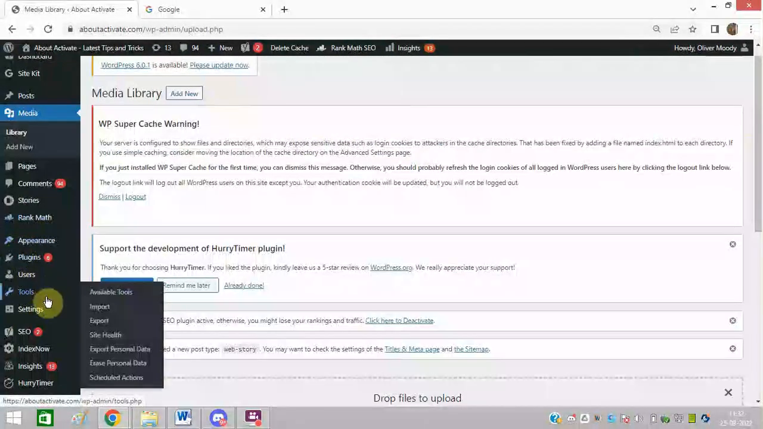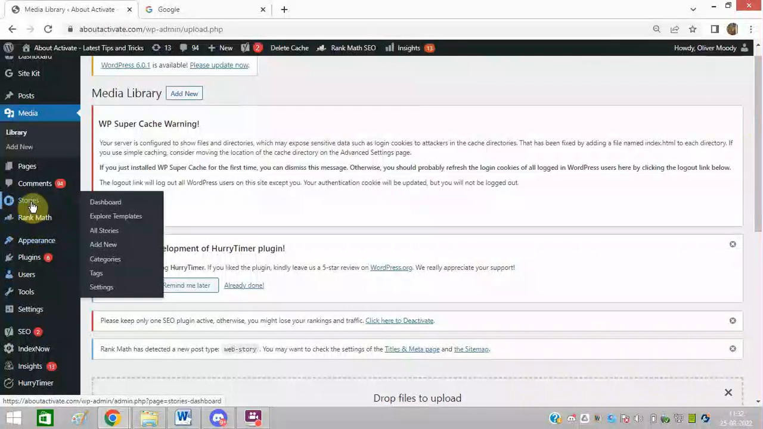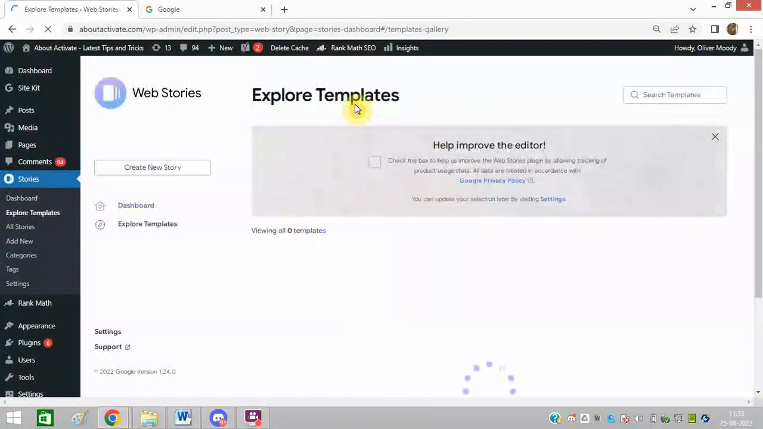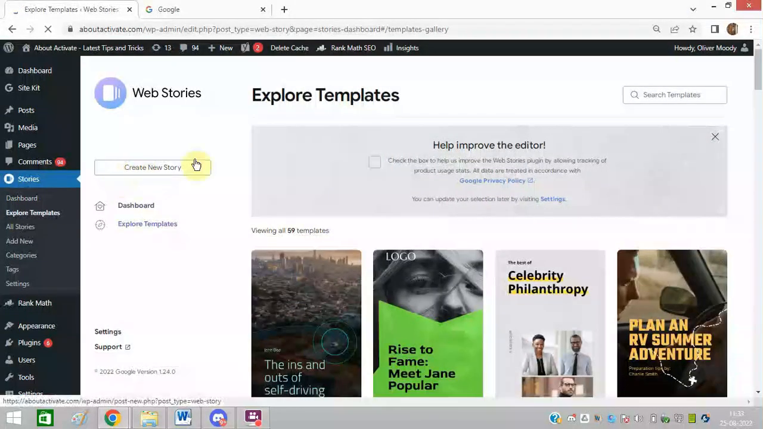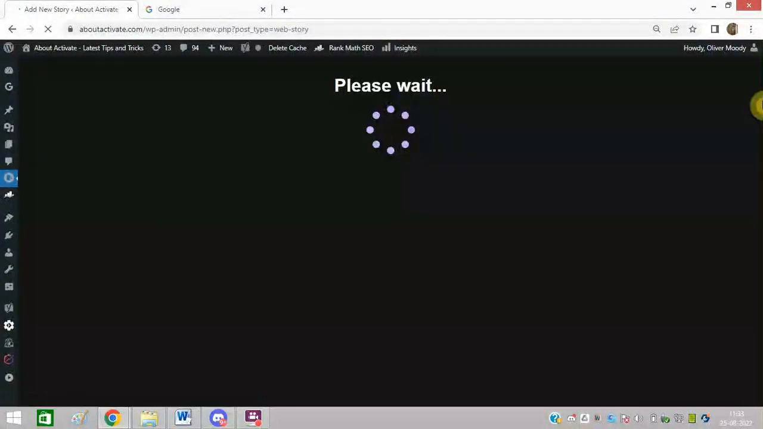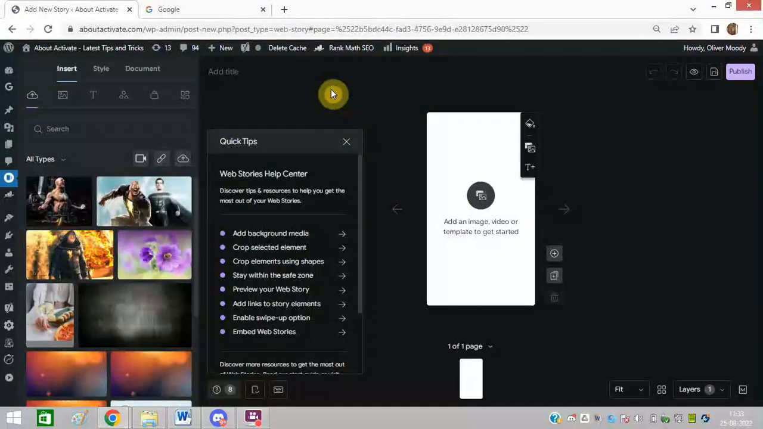Now I will go to this option, stories. I need to click on this option, the first option. This is the example of the web stories. So I will create a new story. This dashboard will open up. I need to click on this upload,